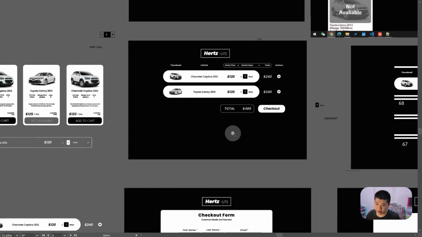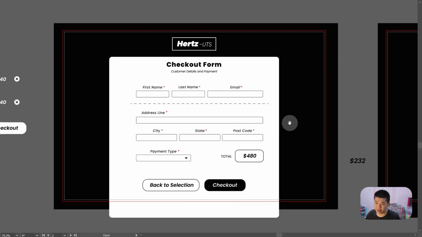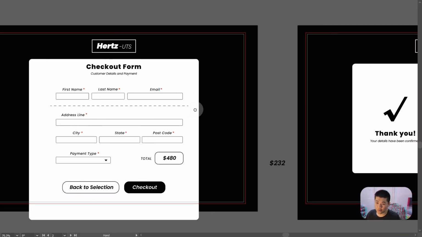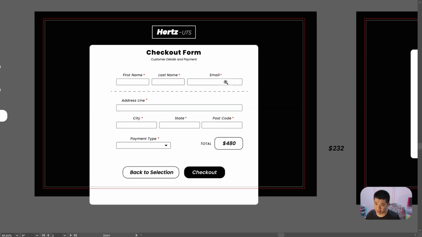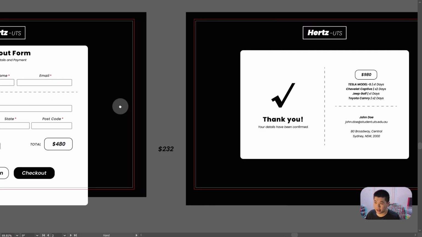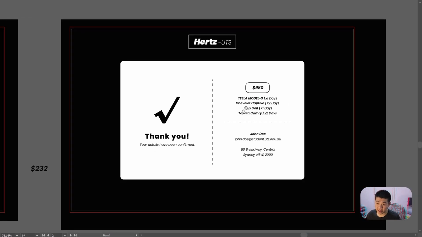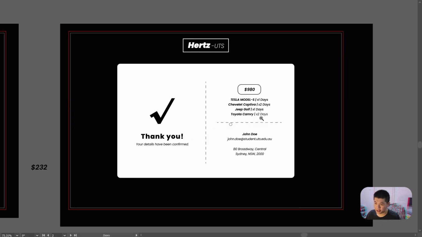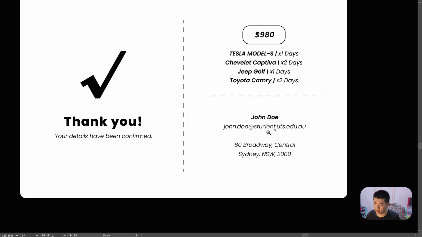And then I continued to design the checkout form, which is going to look like this. It is basically a nicer version of the form that will group together similar types of information, like the first name, last name, and email. And then finally, I designed a page that looks like this, which is going to be a confirmation page, and is also going to show you a summary of what the user bought and their information.